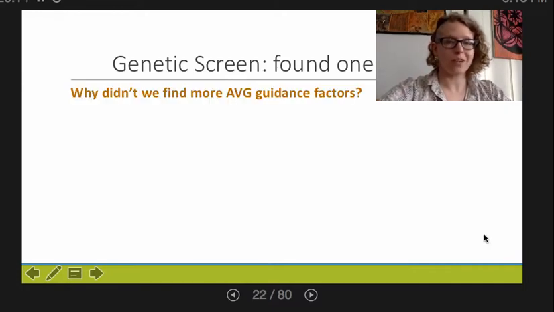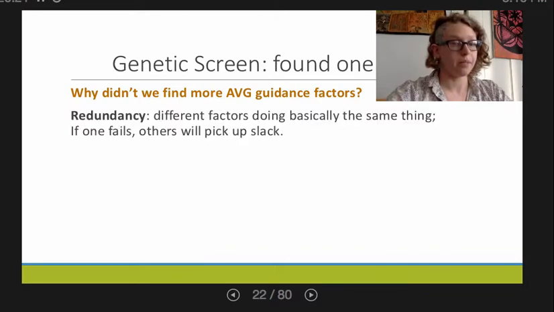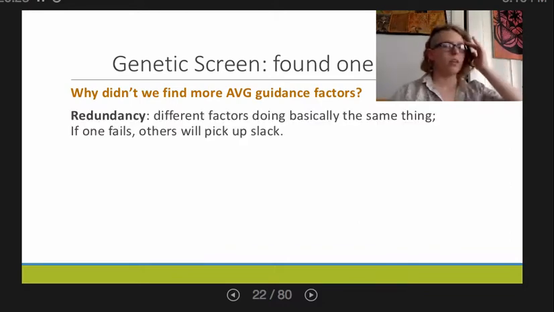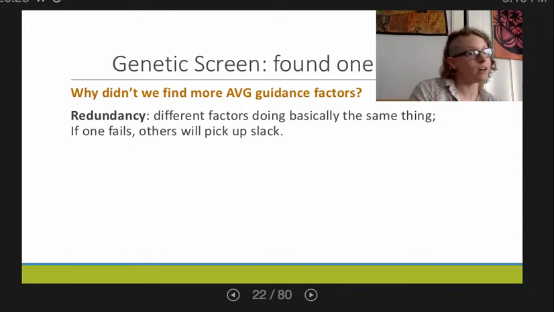So, why didn't we find more? Usually we find like 40 of these in a genetic screen. We only found one. That's weird. Why? Well, redundancy. Different factors doing basically the same thing, so that if you knock one out, the others will